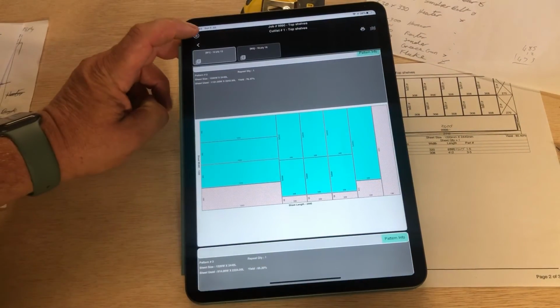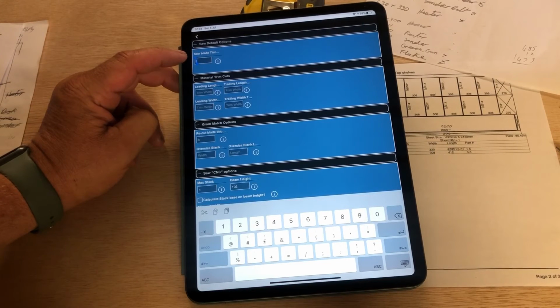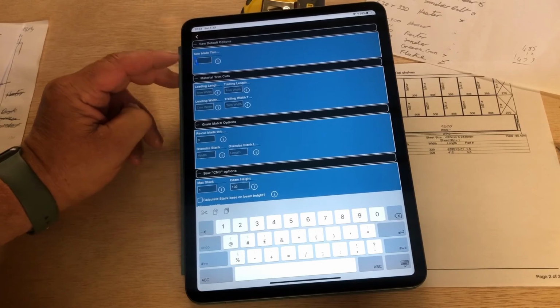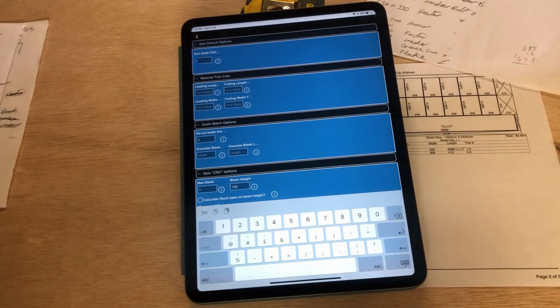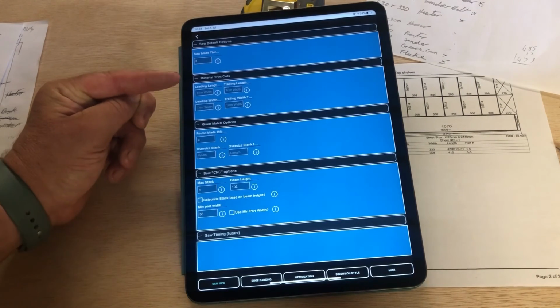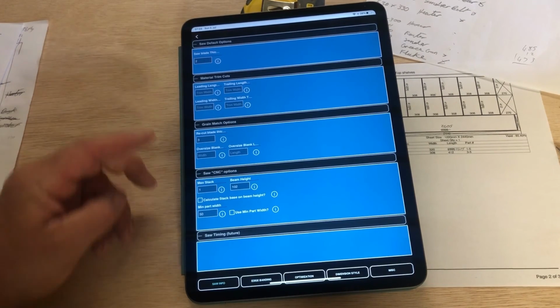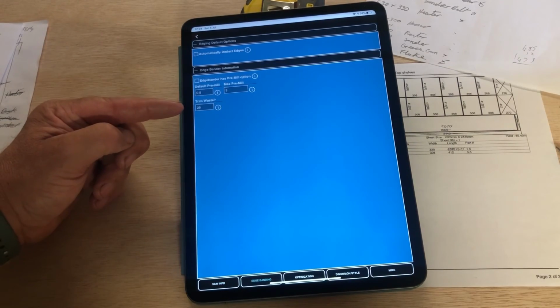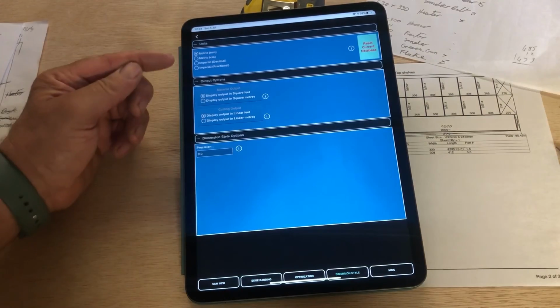Also, when you set up, we have saw blade thickness, which I have written in as 2mm, so it allows for your saw blade thickness as well. We have grain match options, material trim cuts, saw CNC options, edge banding, optimization, dimension style,